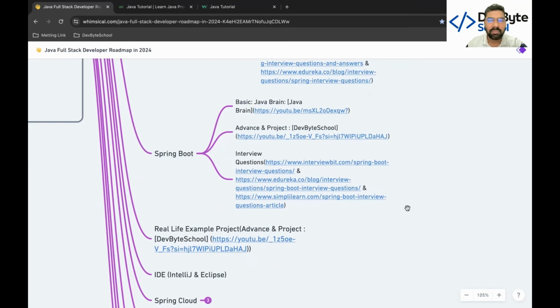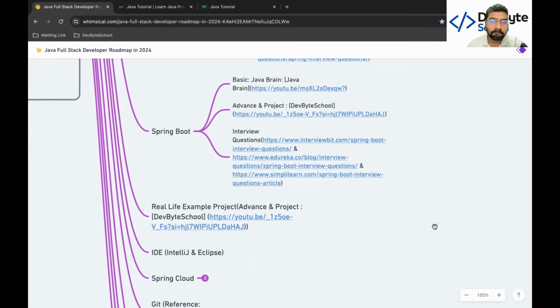Okay, what is a bean annotation? What is the difference between the primary annotation and the qualifier annotation? That's the type of question asked in an interview. Okay, you need to be familiar with that. After completing Java, SQL, Spring Framework, and Spring Boot, I highly suggest you build one good project from